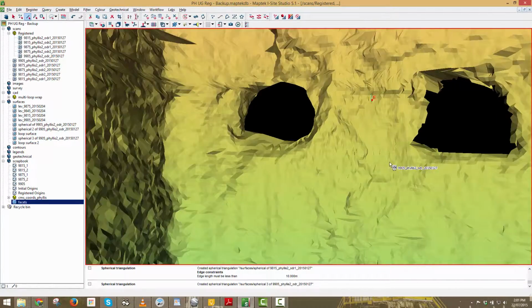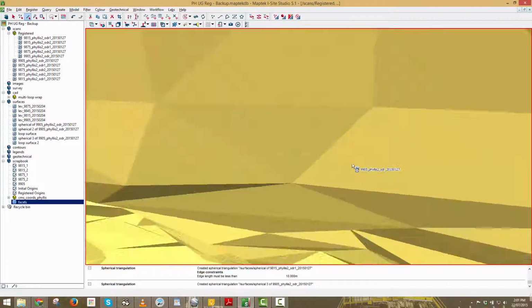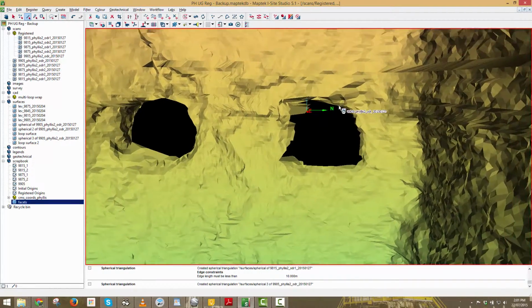Like so. So it's a bit of a mess, but like I said, Studio 6 does have some much better